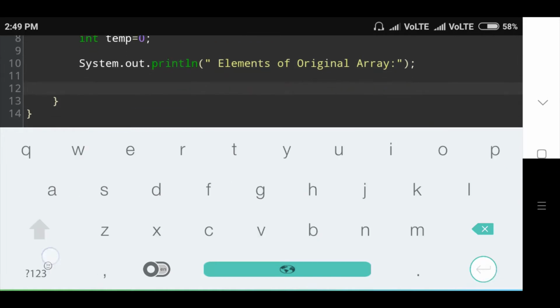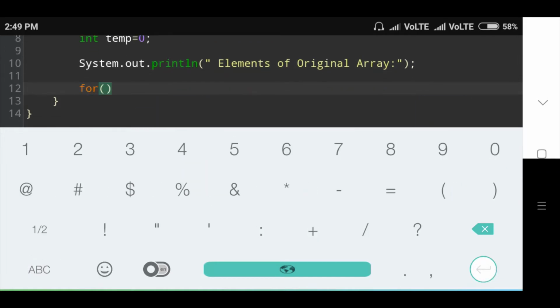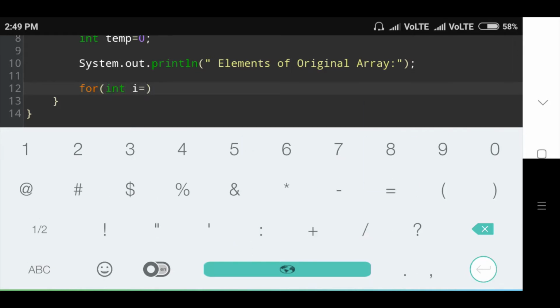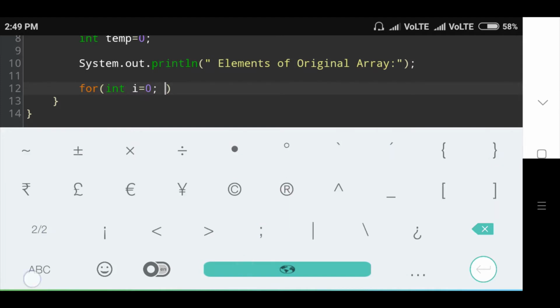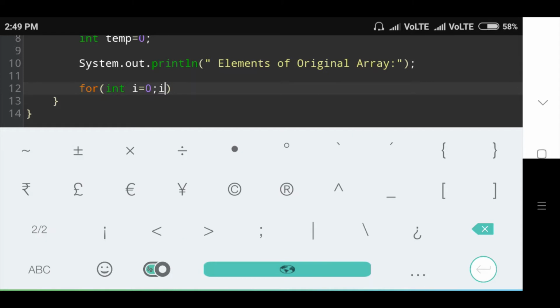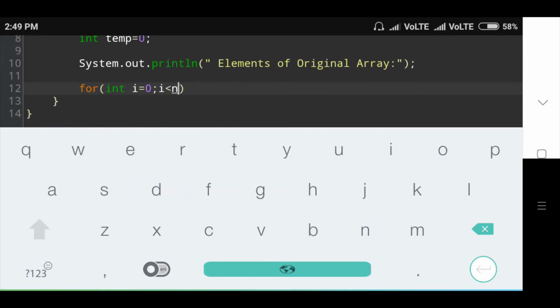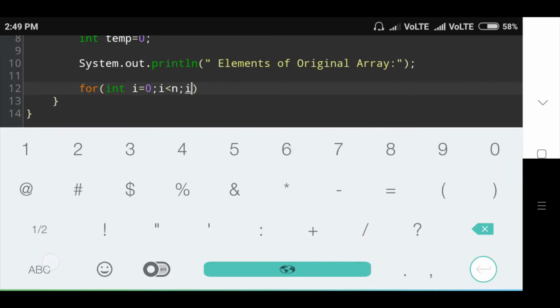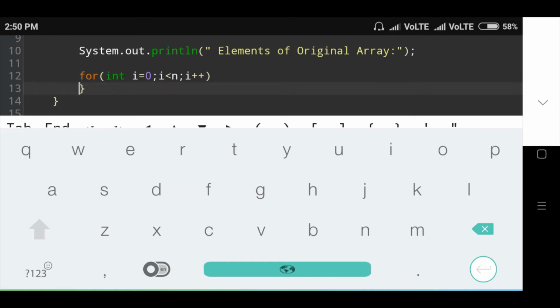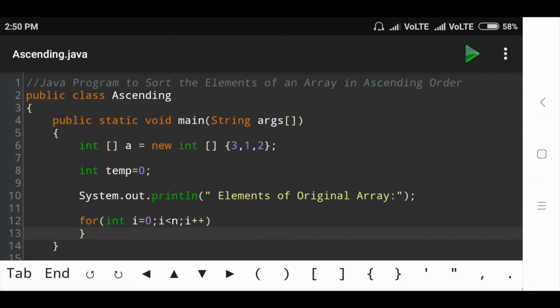Then for loop condition. In that, integer i is equal to 0, then i is less than n and i plus plus. Then inside this for loop I am printing a message. Okay.